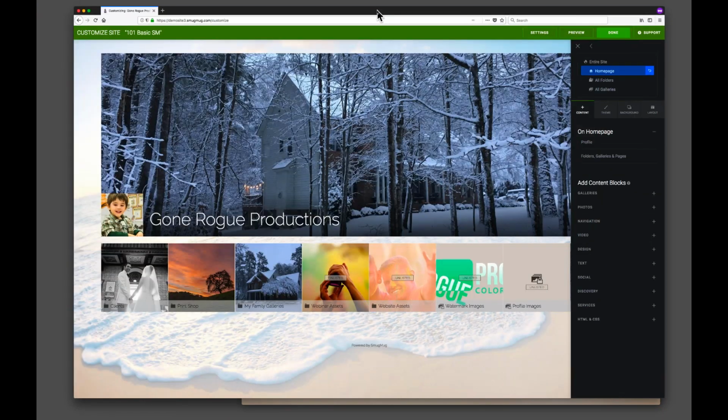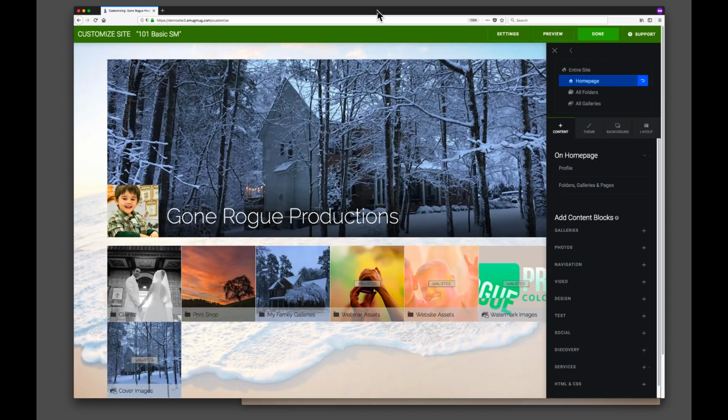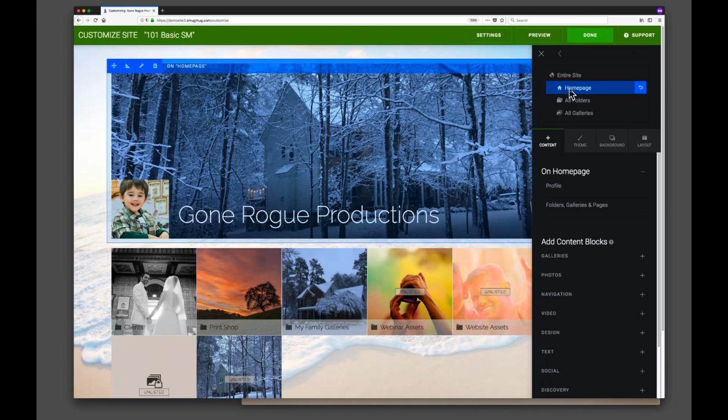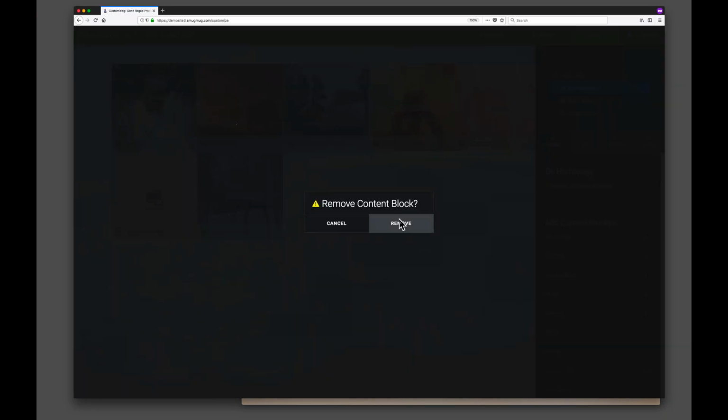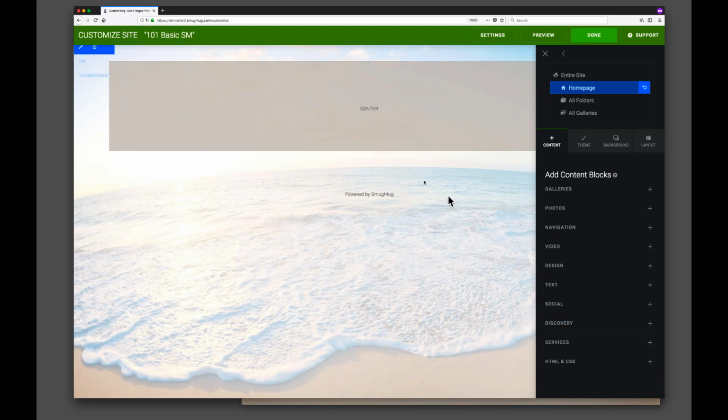And again, I'm going to zoom in a little bit here. And we're working on the home page right now. So on the home page, we currently have this profile content block. Let's get rid of it. And let's get rid of the folders, pages, and galleries content block. Bye-bye. Remove that. Now I've got a blank slate to start with, which, so we're clear, does have the header